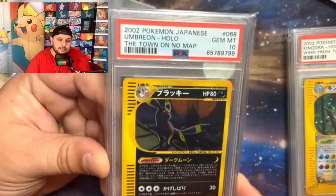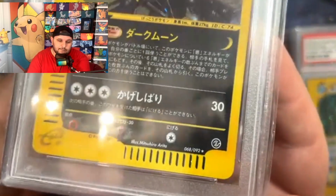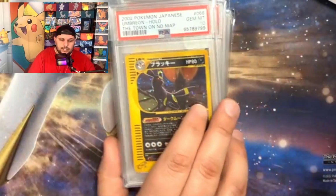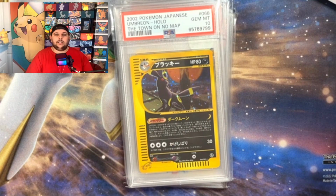This is a Town on No Map Japanese Holo Unlimited Umbreon. It is not a first edition, it's an unlimited, which makes it significantly rarer. It's a super clean copy of the card. By all means, this is a true 10. I offered the seller $1,200. They did not want to accept my offer. The lowest that they wanted to take was $14